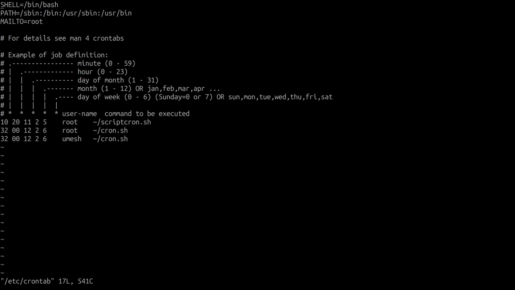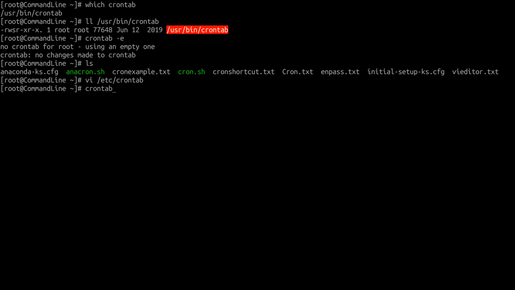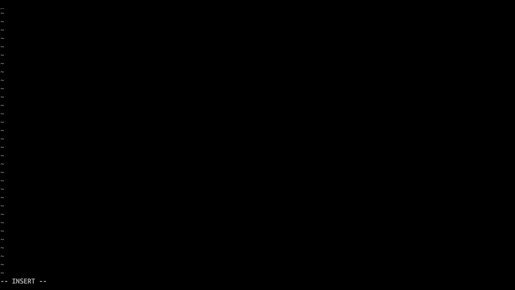In the crontab, we can comment it out so that it will not create a new file anymore. crontab -e, and we can do the same. So right now it's 35. So let's do 40 and 0, 12, 40. And 12 is the day, February, and Saturday. In this case, you don't have to give the username because we already know which user is running this file. So we can simply write the script name.